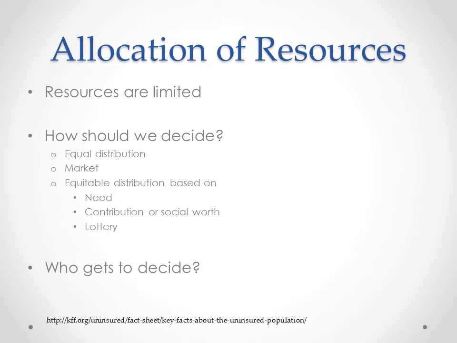So how do we decide how to allocate resources fairly? The first thing to recognize is that resources are limited. We know that the amount of health care we can provide is not infinite. A single physician can only see so many patients at one time. A government will eventually exhaust the monetary resources it has available to fund health care, or other areas of government may suffer. So given that there are limits, how do we decide who gets what?